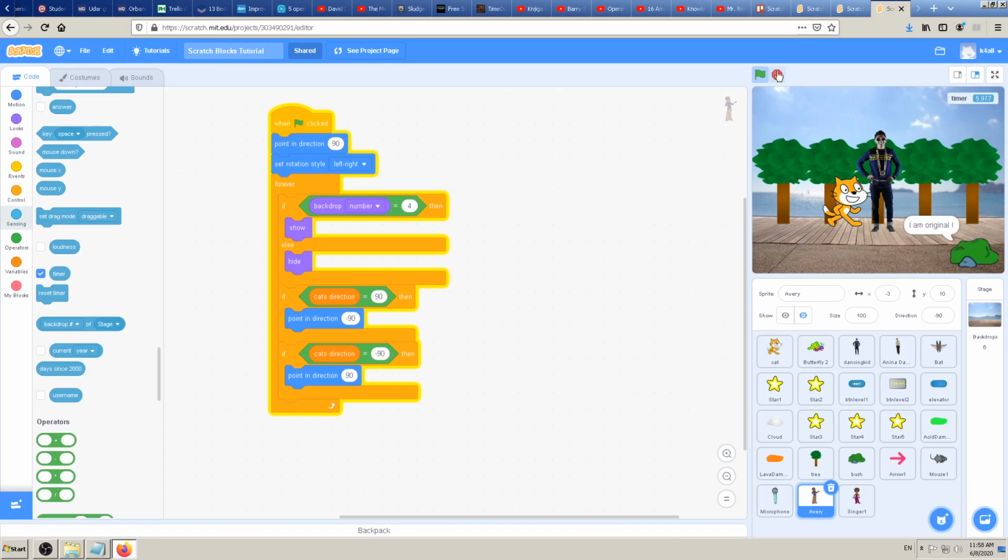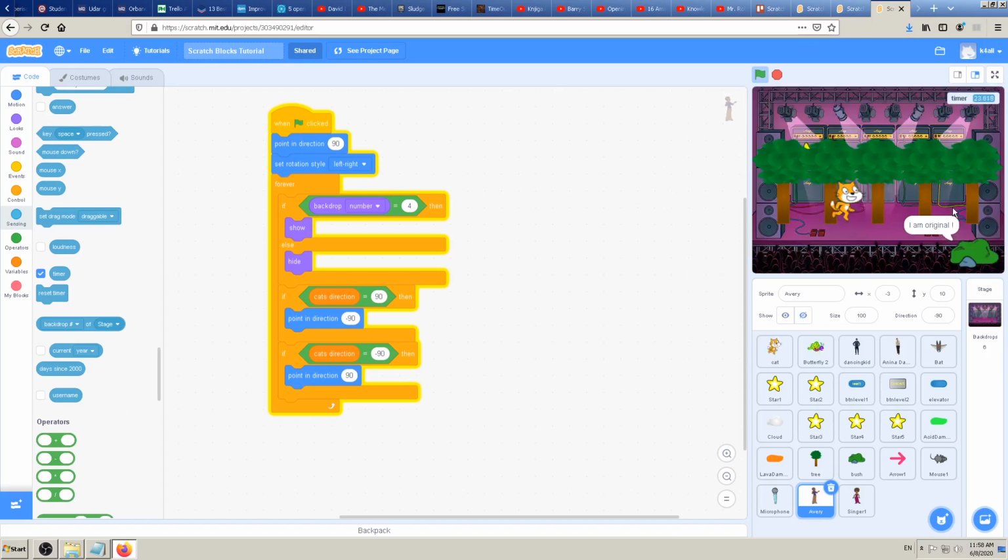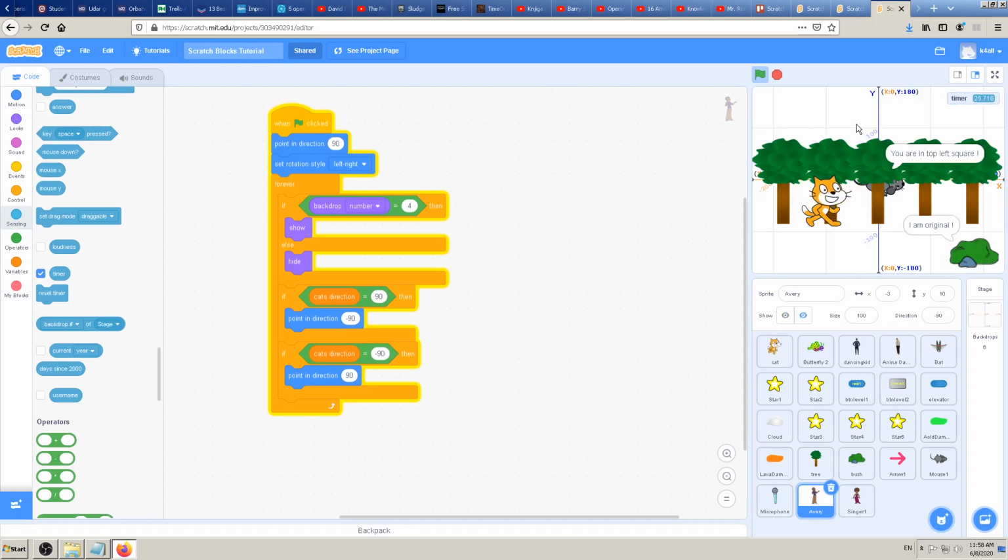Even this guy should be behind, but somehow he's in front because I probably changed that accidentally. But this girl is behind the trees and this girl is behind the trees on the third level. That's obvious, and I don't want that to happen. I want to see her in front of the trees,